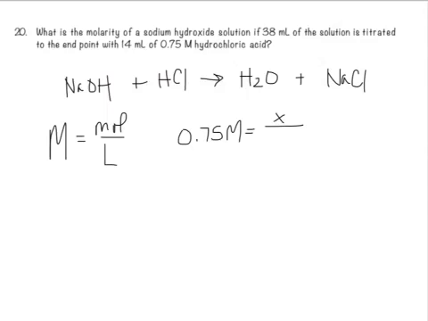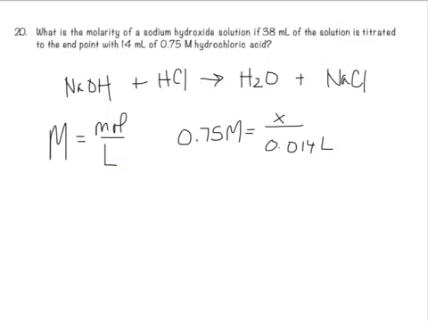And now notice the volume is in milliliters, but for molarity it must be in liters. So therefore I'm going to have to convert 14 milliliters. Essentially in 1 liter there are 1,000 mils. So you can divide, which you're essentially going to be moving the decimal point 3 places to the left. So this becomes